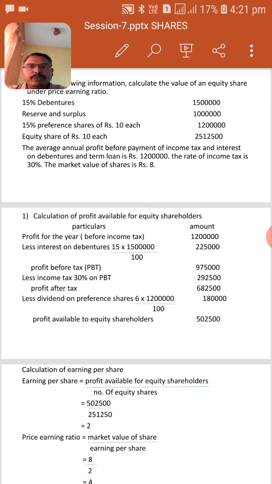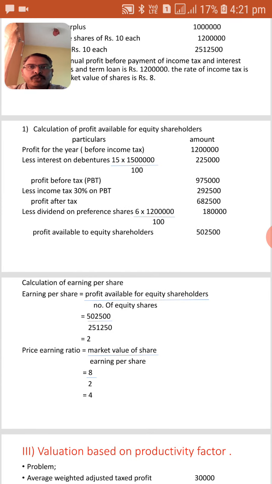In that, again we deduct; profit before tax is 97,500. After that we deduct income tax at 30% on profit before tax, 2,92,500. Profit after tax comes to